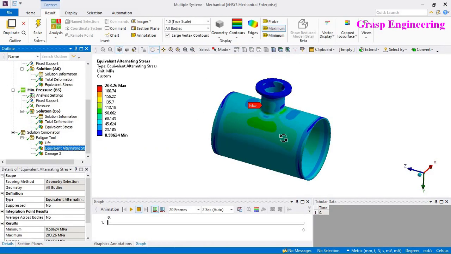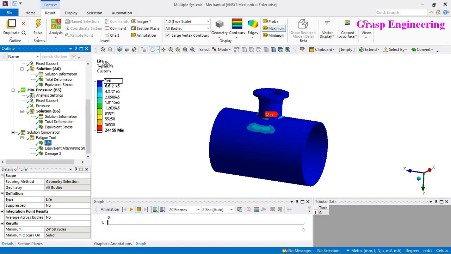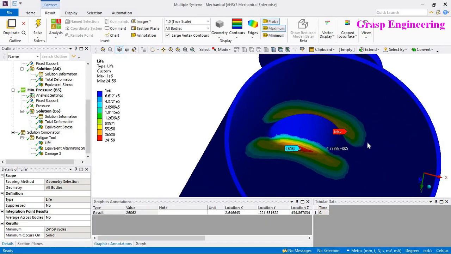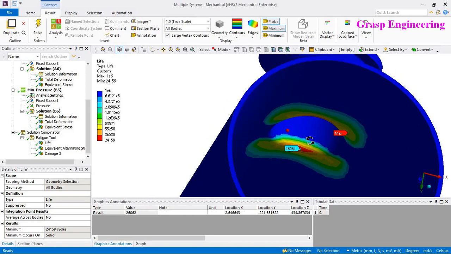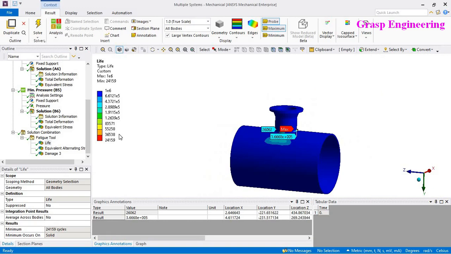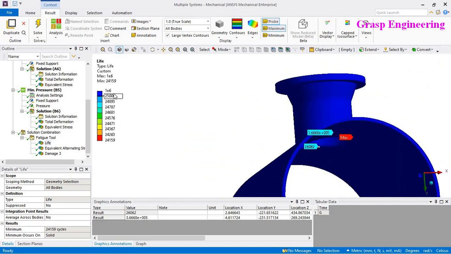So now let's talk about the fatigue alternating equivalent stress, and now let's talk about the life. We have a life of minimum, that is 24,159. You can see over here, if you probe, approximately 26,000, and on the top part, if you put here like 25,000, on the inside only you will find that.